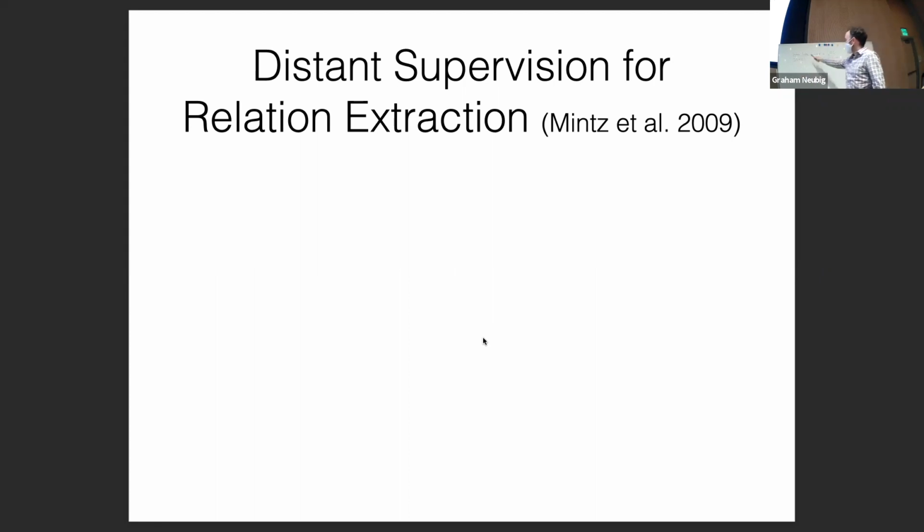So we have text like this. We can identify the entities in the text, and we then want to get a new text that has two entities in it, and based on that text, identify whether that text is indicating that